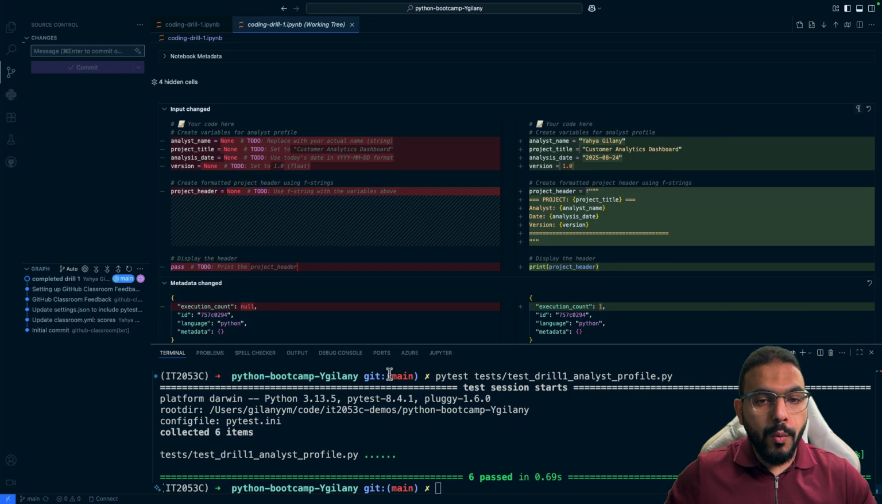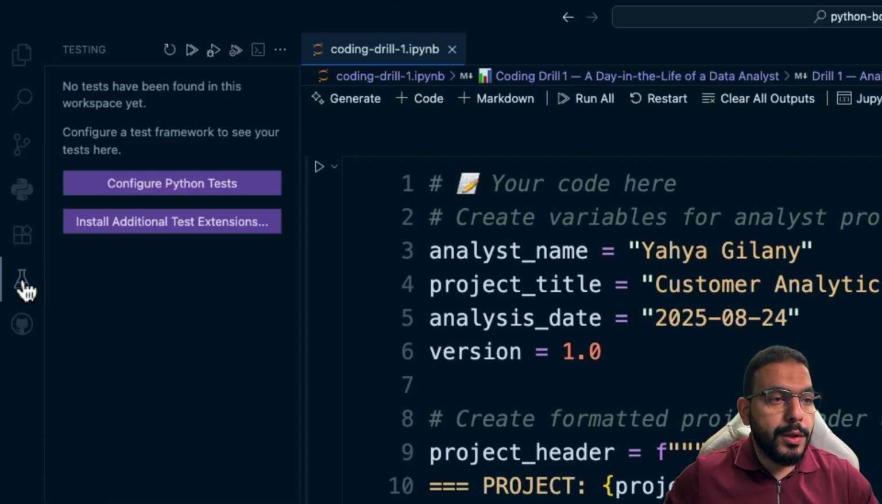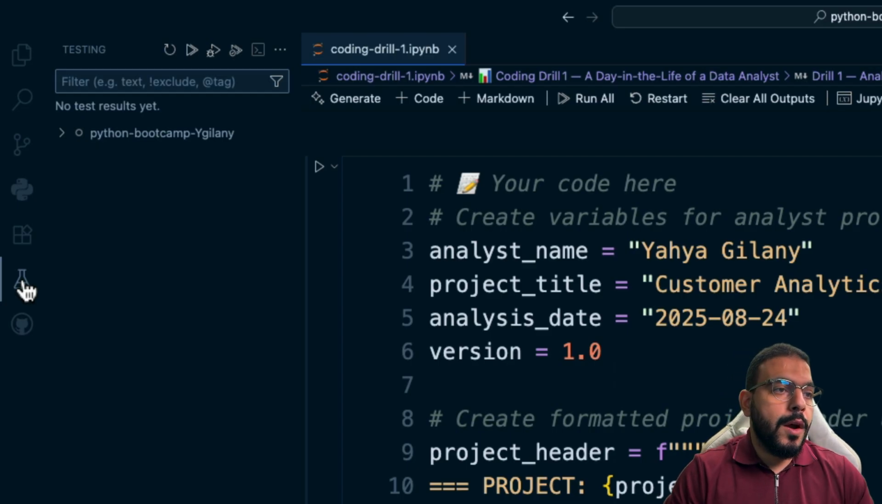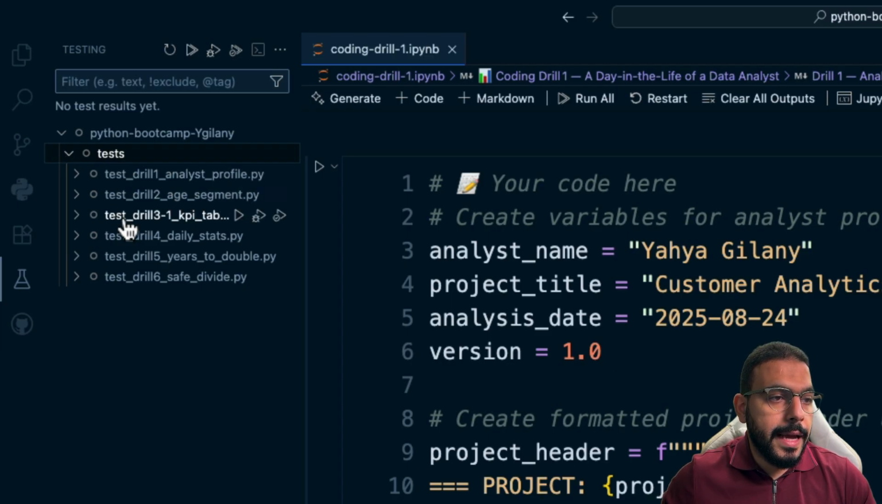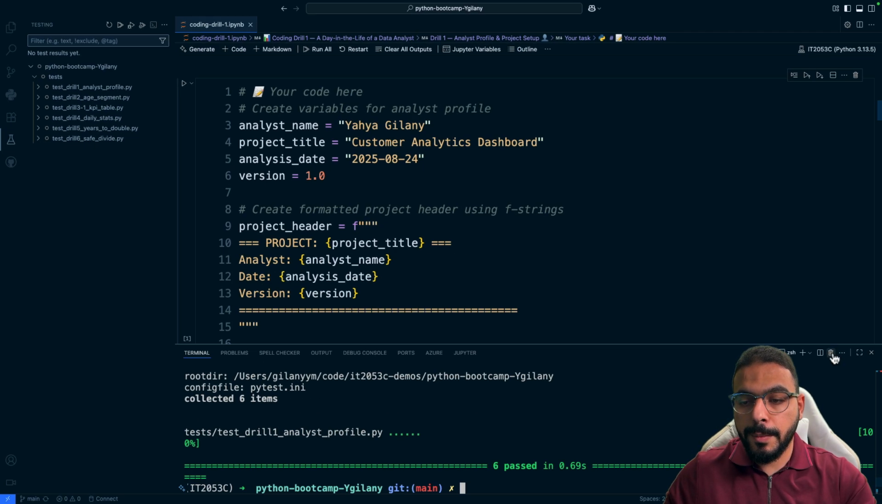Now, let me show you one more way to check the results of your automated tests. If I go to the testing tab on the side, and if you don't have the extensions set up correctly, this is probably what you might see differently. Over here, I can see there are a number of tests, split by the files, and I can execute them one by one. If I don't want to run the automated checks in the terminal over here,